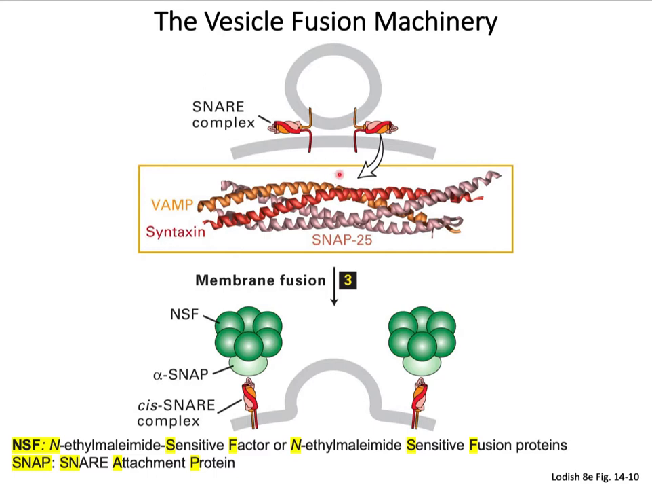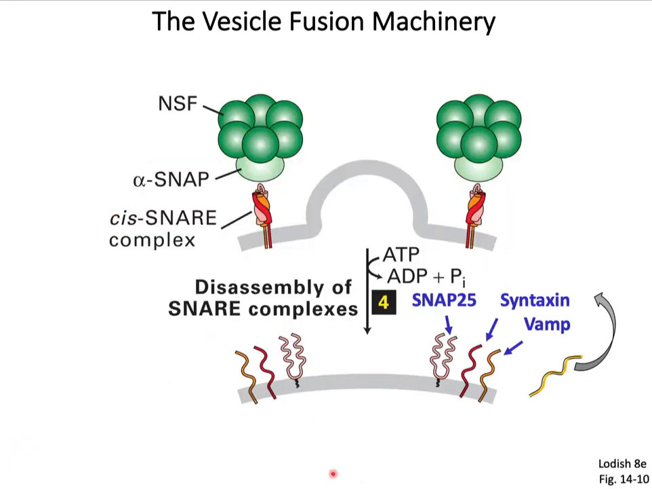So you can see that this vesicle has fused with the target membrane, and the entire V-snare and T-snare complex is also in that membrane. Now we are going to talk about the fate of these snares, which will get recycled. So you need to have an opportunity to recycle the V-snare and the T-snares, and that is carried out